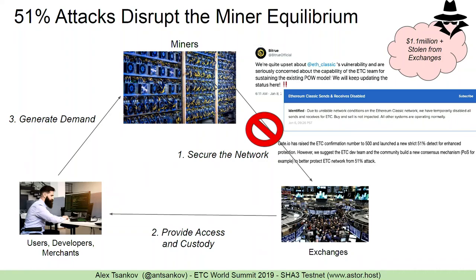But what happens when there's a 51% attack and exchanges start requiring over 4,000 block confirmations, which is over 48 hours, so that's actually slower than a wire transfer, is that honest miners are no longer able to deposit to exchanges and trade that for fiat currency to pay their power bills. And this can lead to a negative feedback loop in which hostile miners are able to repeatedly double spend, which causes exchanges to want to delist or increase the block confirmations for Ethereum Classic. The whole time, users are basically terrified.